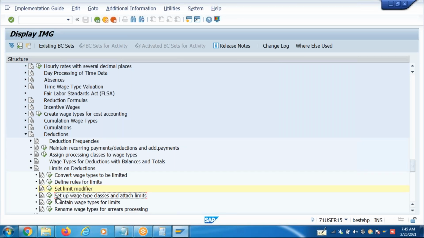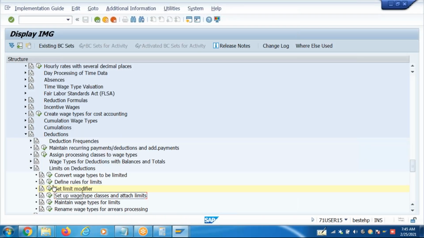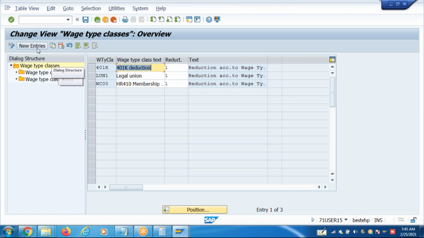Now this is where we create a wage type class. It contains what? A list of wage types on which you are applying the limit together. Okay, the list of wage types on which you are applying the limit. The wage type class is also a 4-digit code, guys. Create a wage type class.